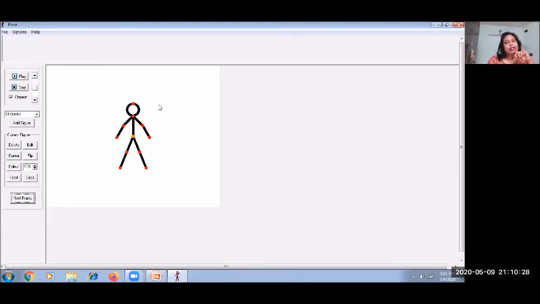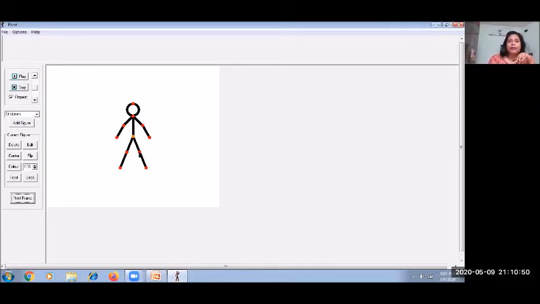Now you can see one figure, right? This figure is called Stickman. We will be making it run. You can see lots of red dots here, isn't it? What are these red dots for?